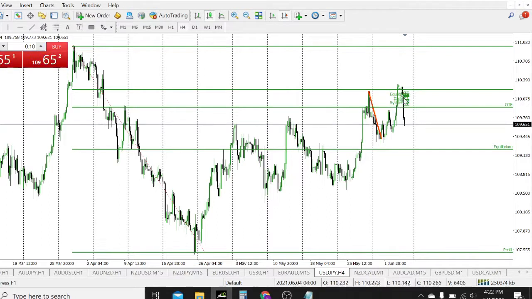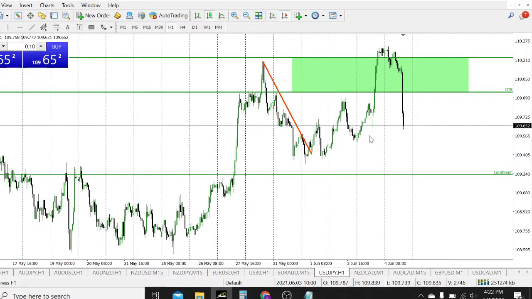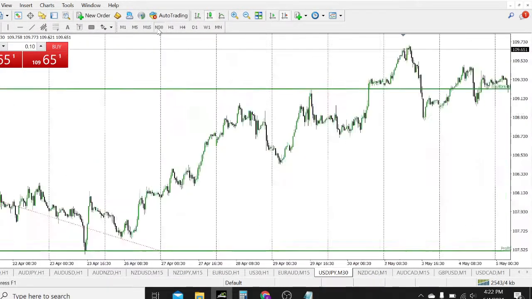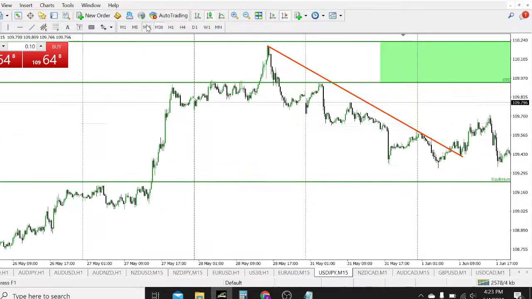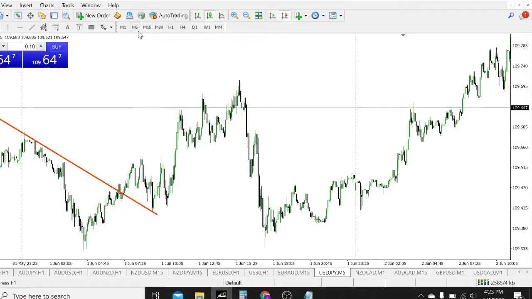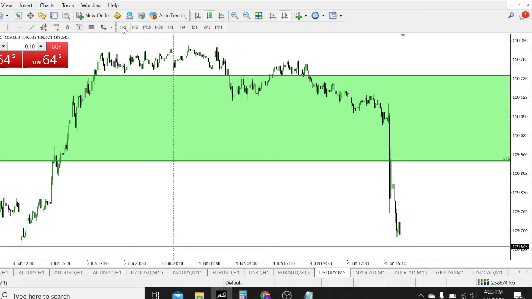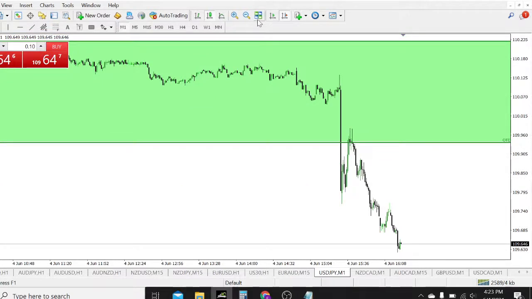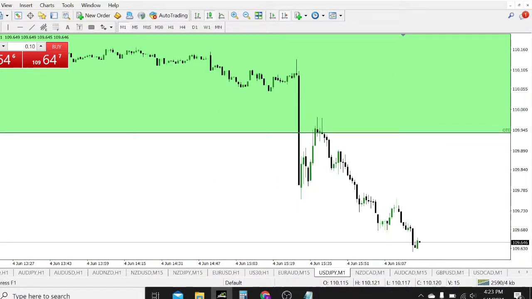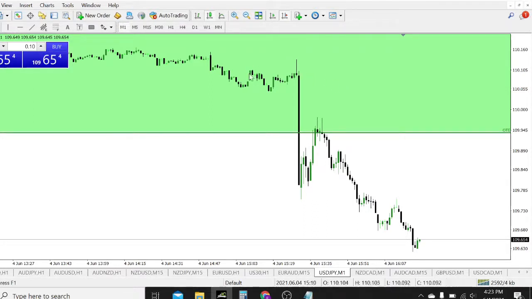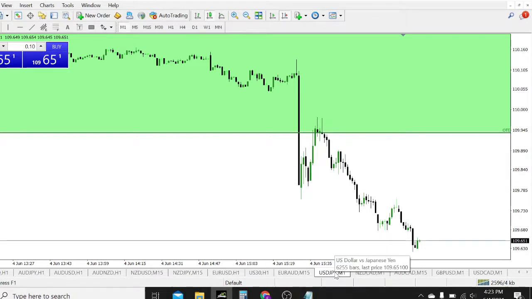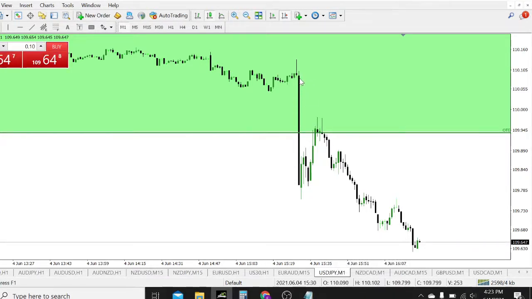Look at the 4-hour chart. You can see the same thing is happening, and we are looking forward to reach this zone. Going to the 1-hour chart, you can see the trend is just the same. And I've cracked their cheat code. These institutional traders will not be playing with me in terms of directional bias. I'm going to cook them. This is the same thing. This is what has been happening. I'm looking for a sell for any USD pair. USD is becoming weak, and so I'm looking for a sell.